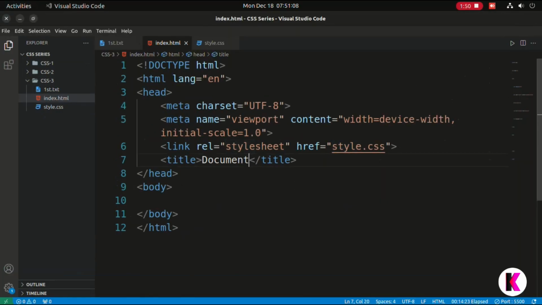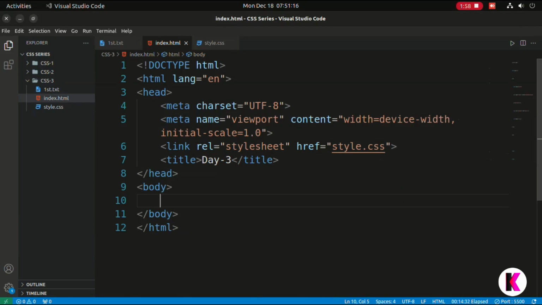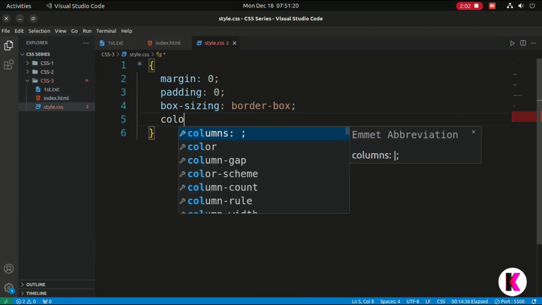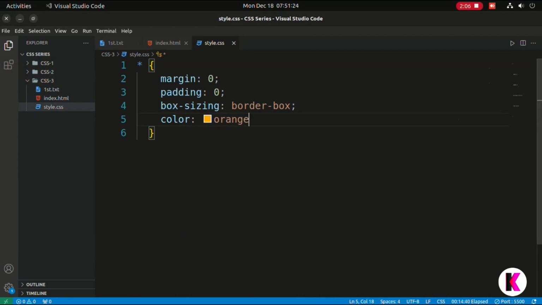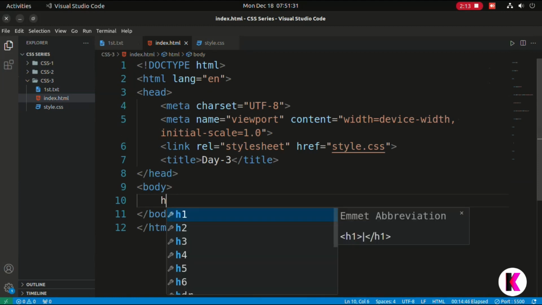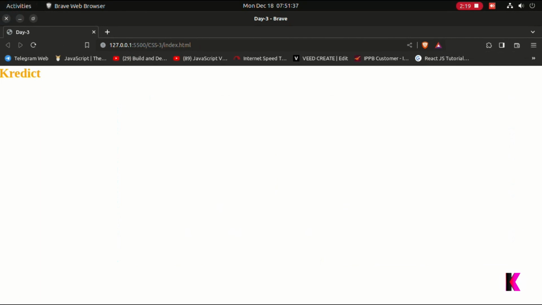Here I will write day 3, and here if I give a color orange, so all the elements in the body or document will take the color orange. So if I write h1 Credit, you can see this Credit is coming in orange color.